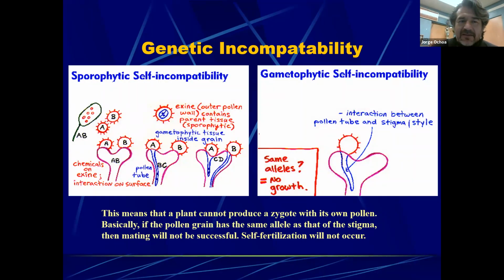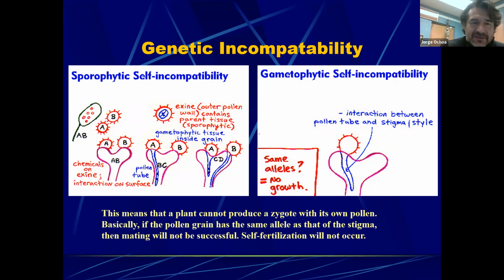And so we have here some of the ways that plants prevent the wrong pollen or the same pollen from fertilizing itself. So there are genetic barriers found within the stigma. So first of all, the stigma is the first barrier. If the stigma is unable to recognize the pollen, so if it's an apple and the stigma does not recognize it as an apple pollen, then nothing is going to happen. The pollen is going to germinate, but it's not going to have the enzymes to digest the stigma and the style and allow the sperm to go and meet the ovule. So that is going to be the first one.